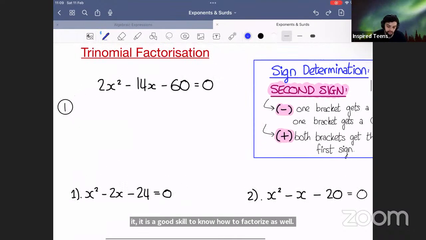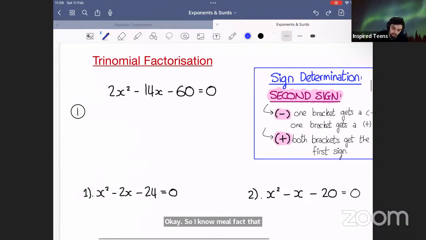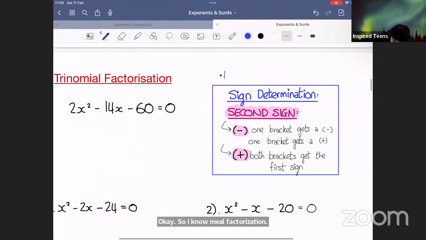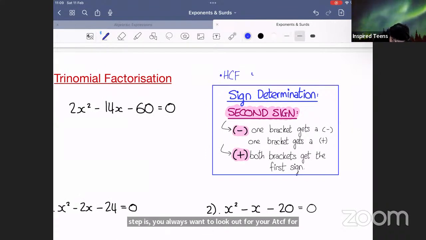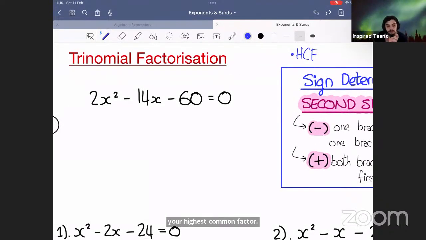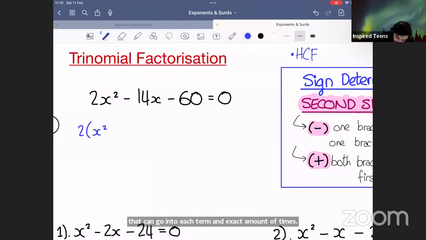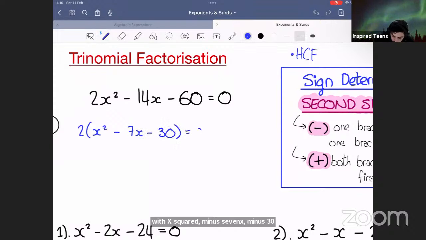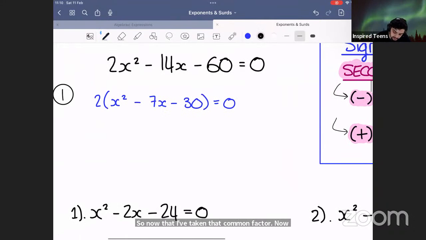So trinomial factorization. Your first step is you always want to look out for your HCF, or your highest common factor. Highest common factor is essentially a number that can go into each term an exact amount of times. In this case, I can take my common factor of 2. I'm left with x squared minus 7x minus 30. You always want to be aware of your common factor, because initially it's going to make your factorization easier because it's going to make the numbers smaller. So now that I've taken that common factor, now I can factorize